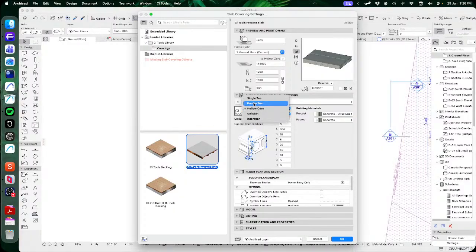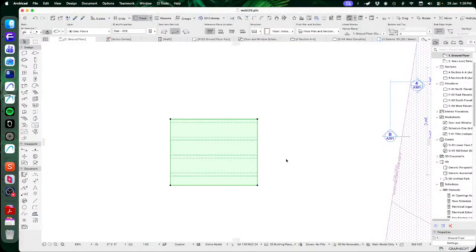So we've got the option for single and double T, hollow core, unispan, and interspan. And if you select those, you'll see those changes being made up there, and you'll also see this diagram down below update. And with any of those that we make, we can specify the dimensions of each of the parts of that. So we can go through and set those here, set our building materials, hit OK, and then we will get a nice 3D